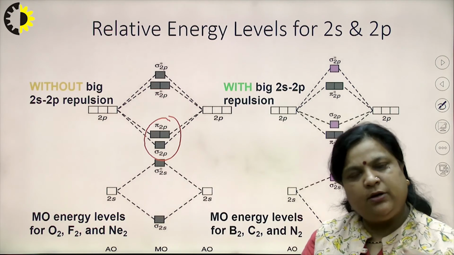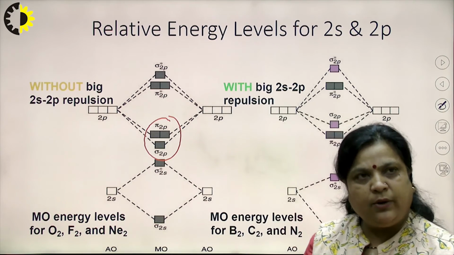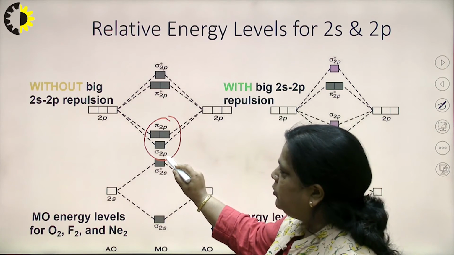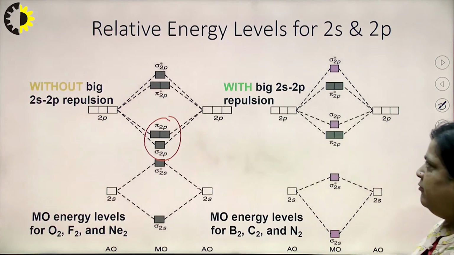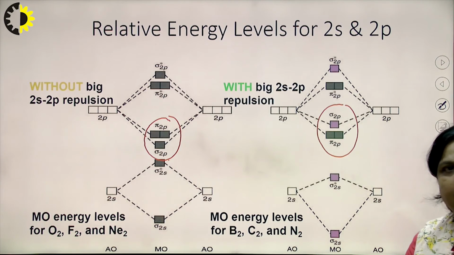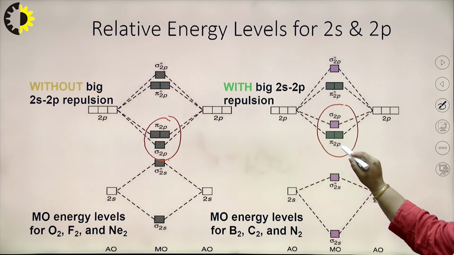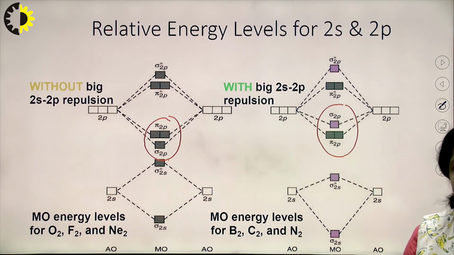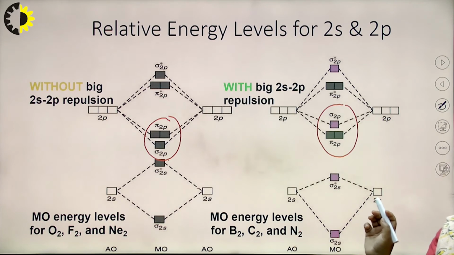comparatively less repulsion, because the gap between s and p orbital is much more, it is in 2000 kilocalorie per mole terms. So, sigma 2px has lower energy, or it comes first, and then pi 2py, while in case of less than or equal to 14, the gap is less, so interaction is more. So, pi 2p comes first, that it has lower energy, and then sigma 2p. Otherwise, all else remains the same. Other than this, the distribution of energy of molecular orbitals remains the same.